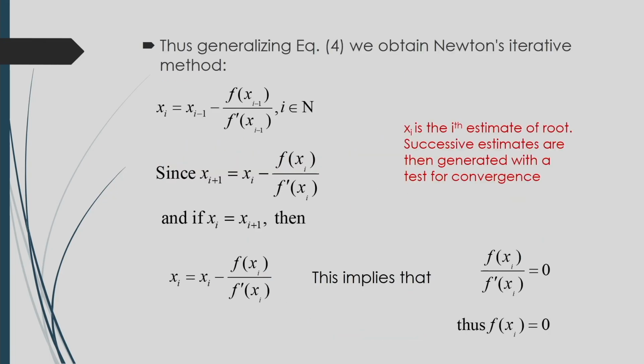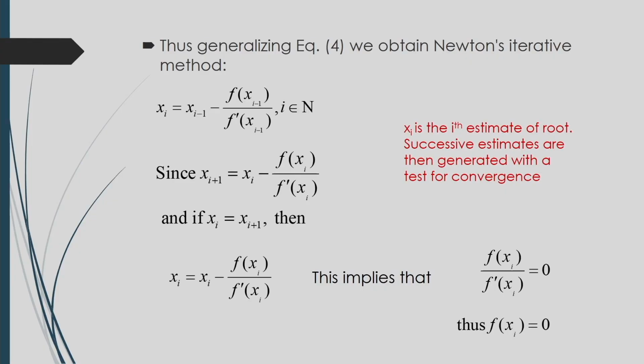In this way keep on going, assuming what should be the next value of x just by taking that function at point x, and also the ratio of this function to its first derivative at that particular point. If we generalize this condition of finding the successive x, then we can write here xi will be equal to xi minus 1 minus f of xi minus 1 divided by f dash xi minus 1, where i will be 1, 2,